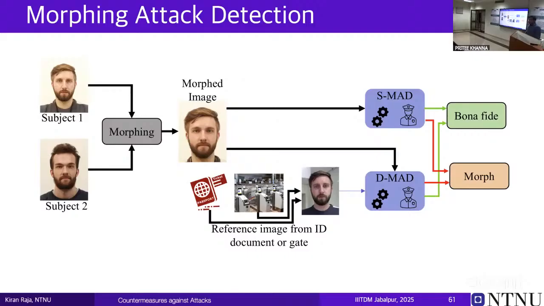I go to a passport office, or I just upload a passport image into the system, and they don't have any other reference image. Right? So they just have to make a decision on that one image that is given. They have to tell whether it's real or it's a morphed image. Now it could also be deepfake, right? You can generalize it for deepfake systems. And in the other one, you have